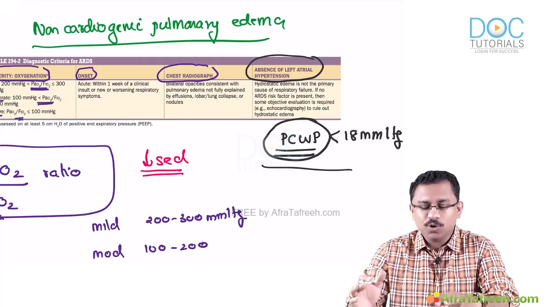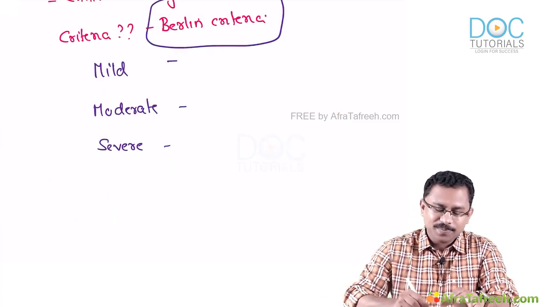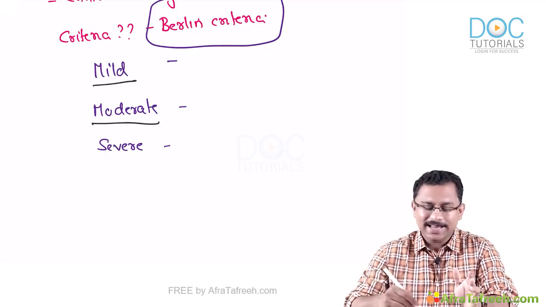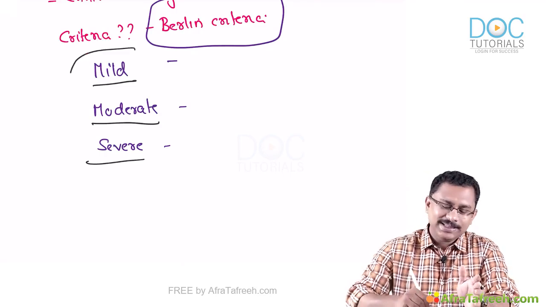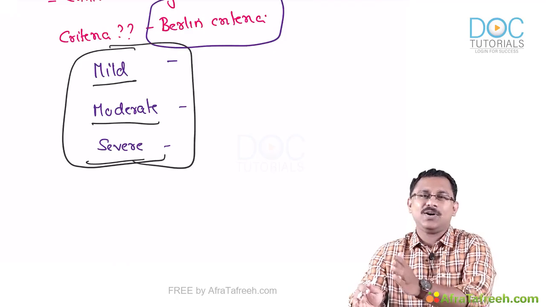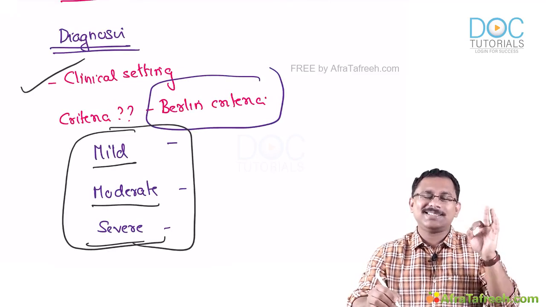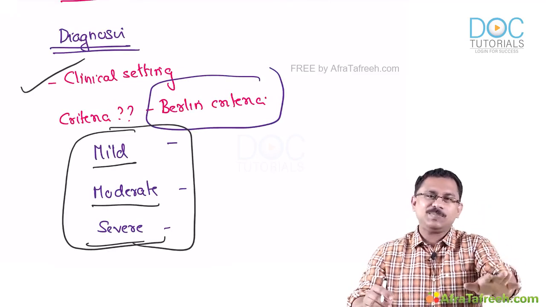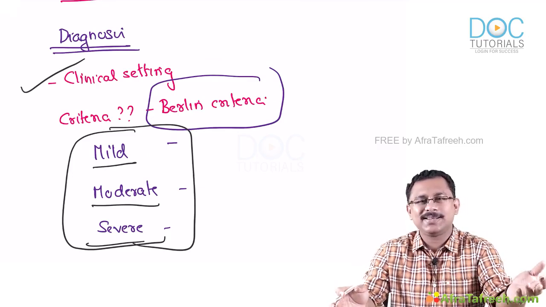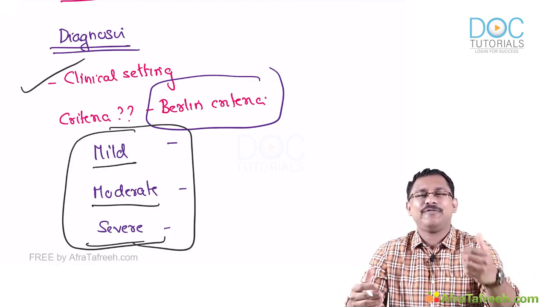So that is how you will diagnose ARDS. Mild, moderate, severe: it is 300 to 200, 200 to 100, and then less than 100, that is your severe. So that is the criteria for ARDS. Always remember, please exclude cardiac cause. That is why I started off like this. To diagnose ARDS, there should be a setting of ARDS. A patient who is perfectly fine now, who comes to the emergency with some chest pain and some respiratory distress, cannot be ARDS. So there should be a clinical setting of ARDS.